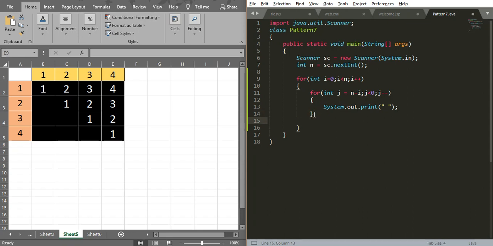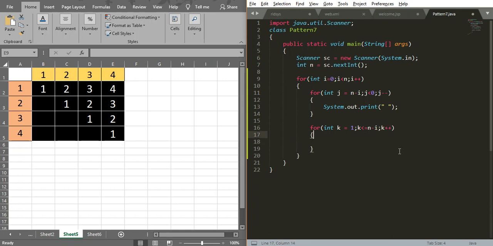So we're going to print only numbers. So for int k equal to 1, k less than or equal to n minus i, k plus plus.